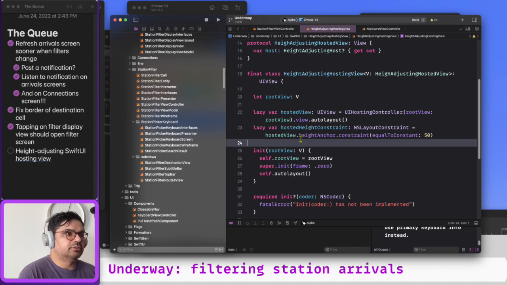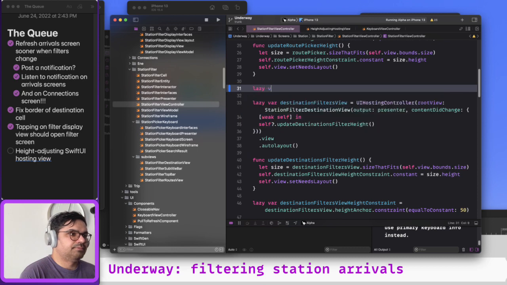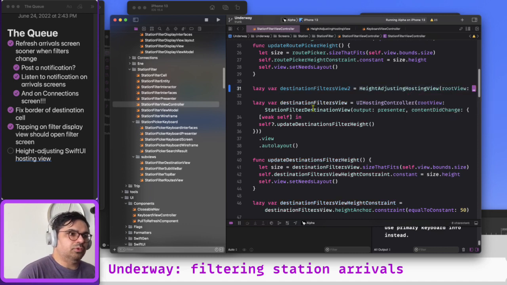Wait, did it actually build? That caught me by surprise. I expected another failure. I'm sitting here staring at it. Okay, so let's try to use it. The station view 2, I guess, will equal this height adjusted hosting view, and the root view would be